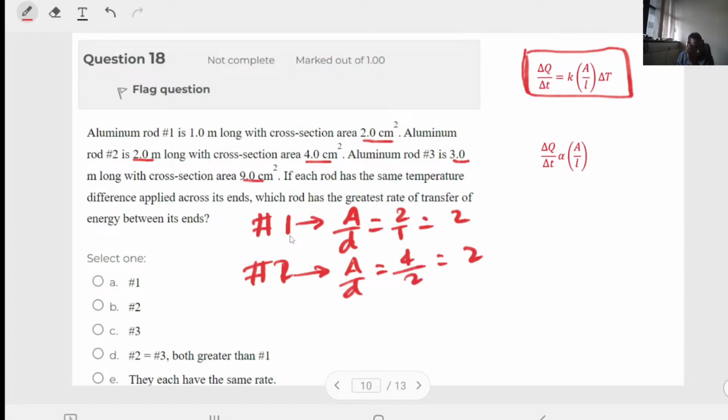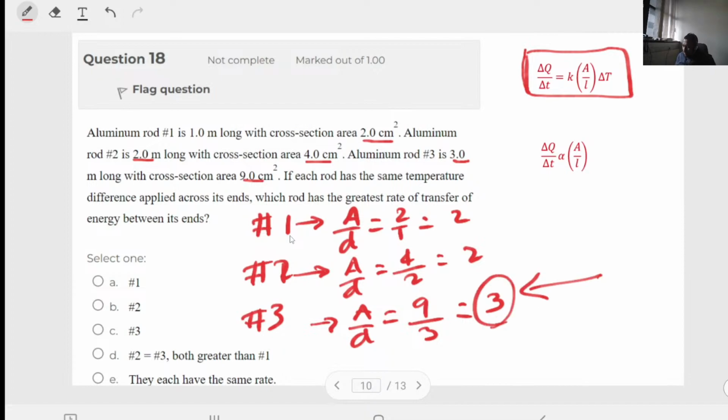Is it true? And then for number 3, A over L must be equal to 9 over 3, which is 3. Therefore, I believe the one that transfers the heat very fast is the third one,